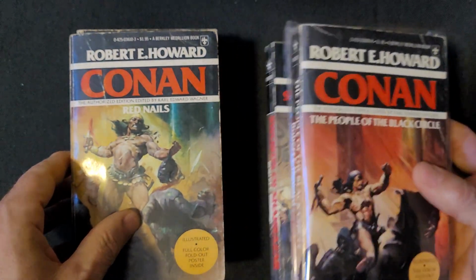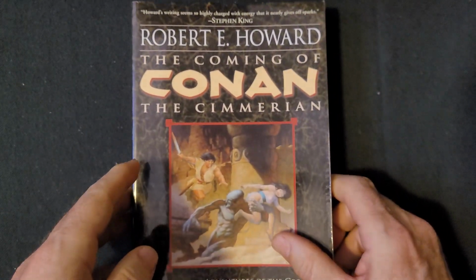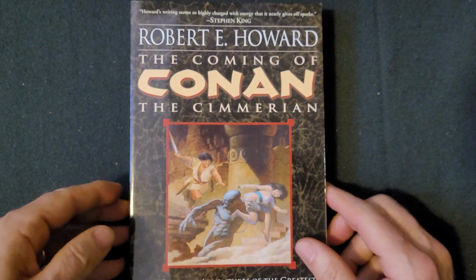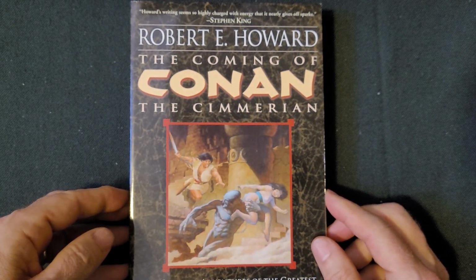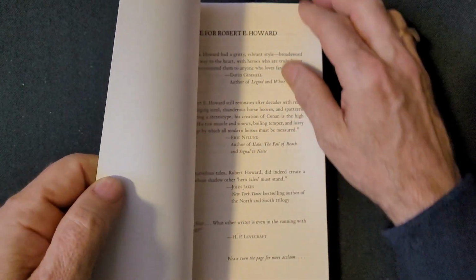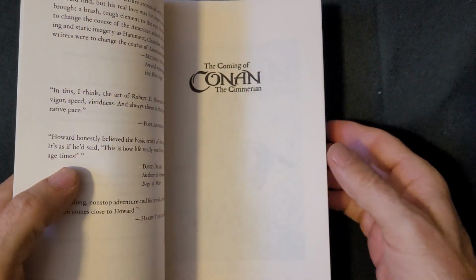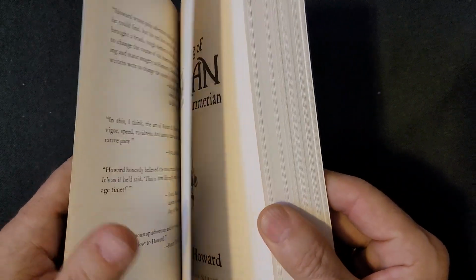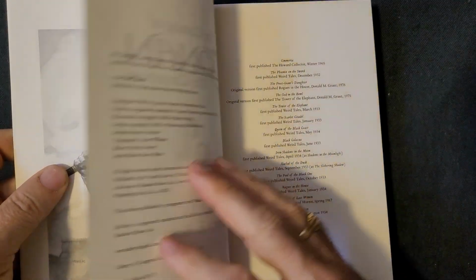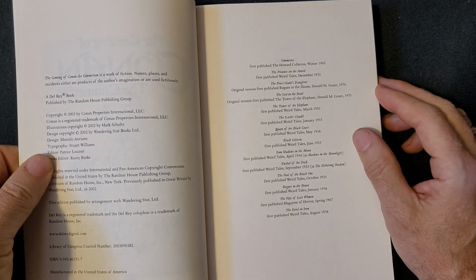And there were subsequent editions that came out that were probably the best and most definitive, and that's published by Del Rey Books. And it features excellent artwork throughout. It's fully illustrated. Each story has illustrations from the story. And this basically tells you the origin of the publication of Conan the Barbarian. Lovingly restored